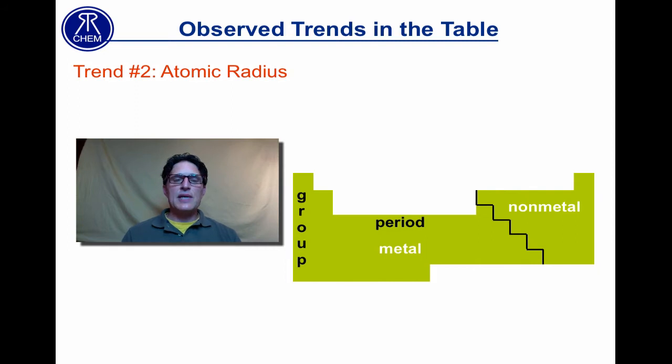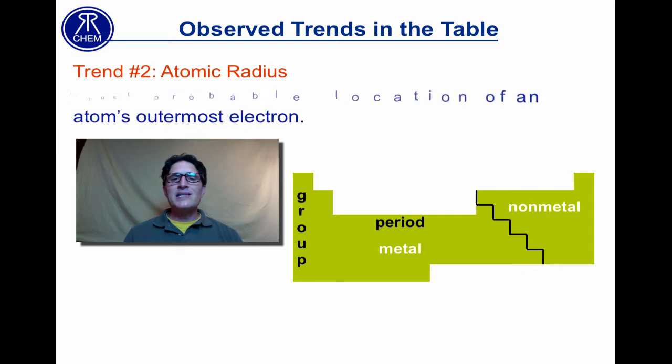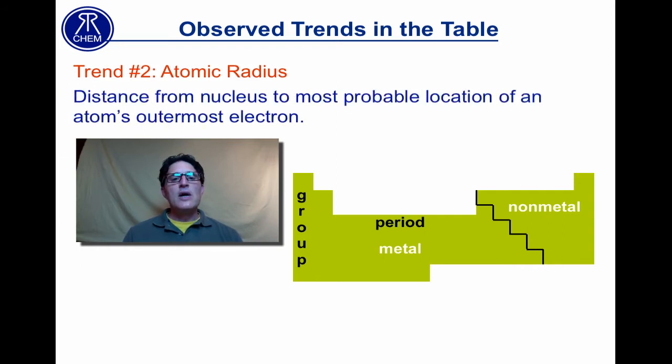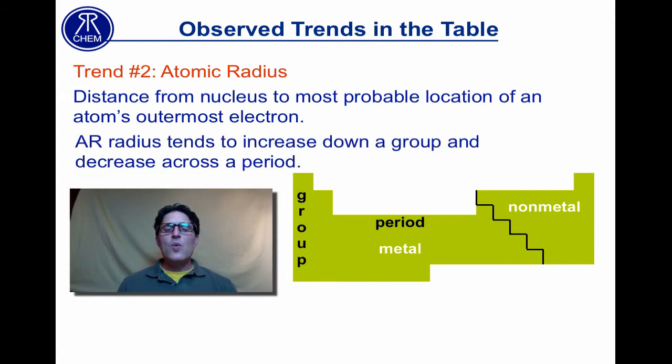Let's look at the second trend, and this is the trend in atomic radius. What is atomic radius? Well, it's not so easy to figure out what atomic radius is, but we can say the definition is that it's the distance from the nucleus to the most probable location of an atom's outermost electron. As we go down a group, atomic radius increases. So again, as you go down a group, down a vertical column, whether you're talking about a metal or a non-metal,